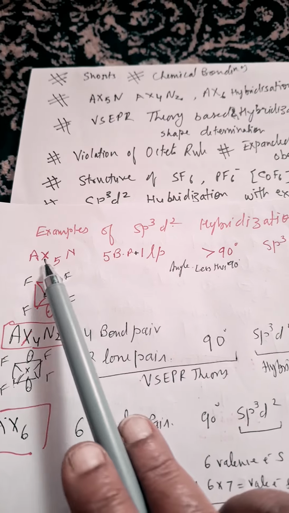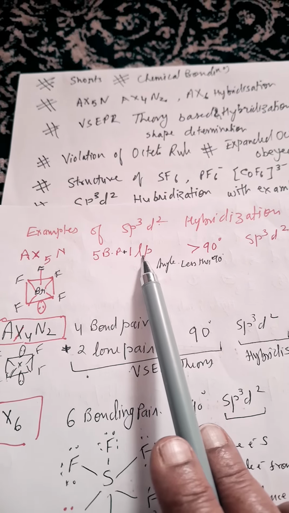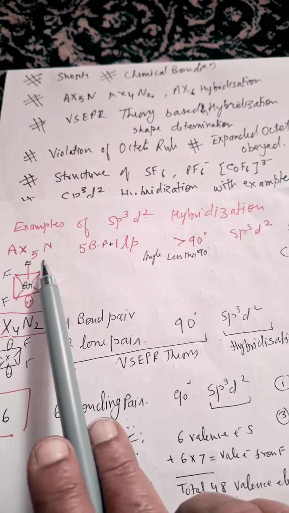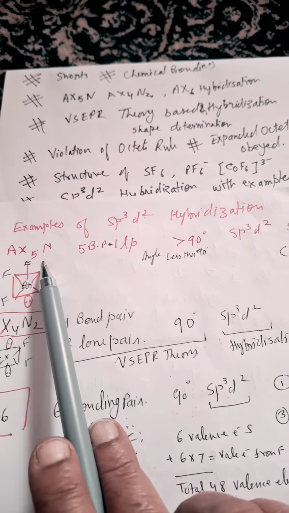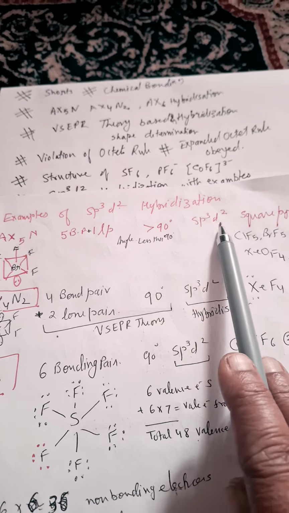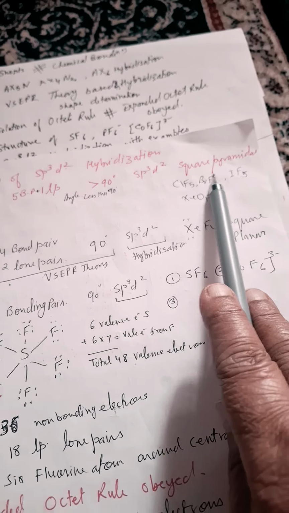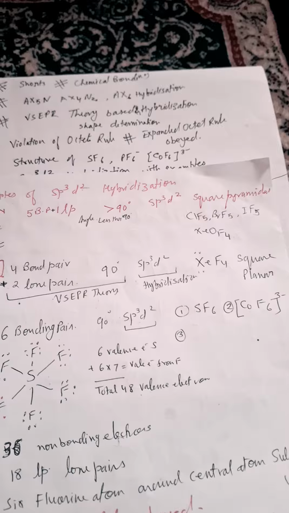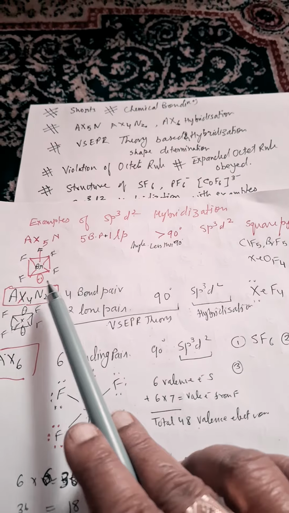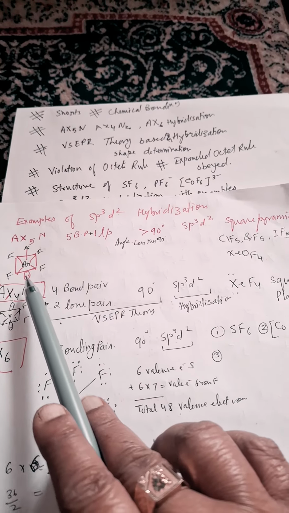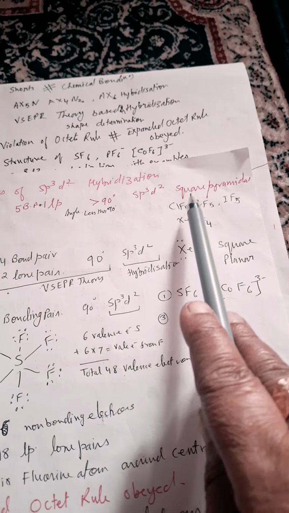AX5N, that is 5 bonding pairs and 1 lone pair, that is called AX5N. Angle is less than 90 degrees. Hybridization is sp3d2. So from here to here, this is VSEPR theory, this is hybridization, and the shape will be, since 6 hybrid orbitals are required and 1 hybrid orbital is occupied by a lone pair, that is why the shape will be